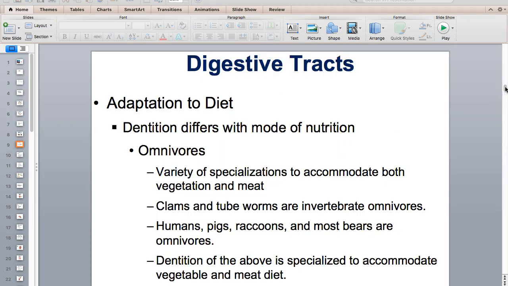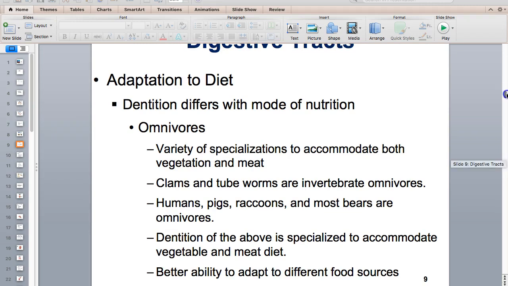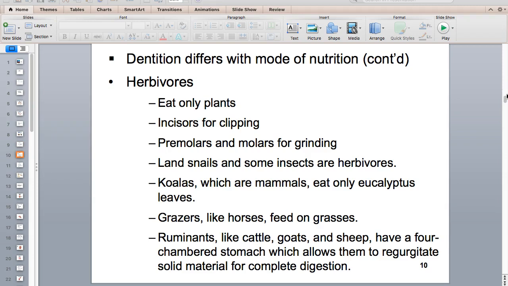All right, so now, again, these are things you guys already know. So we're talking about some adaptations and differences in things that are going to aid in digestion. So dentition is one of them. And so if you talk about the difference between being an omnivore versus an herbivore versus a carnivore, right, you're going to have different types of teeth in there, okay? So we should know the difference between